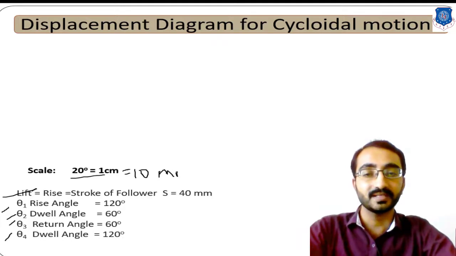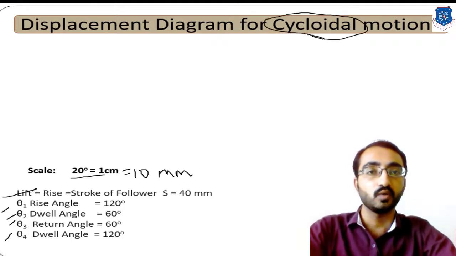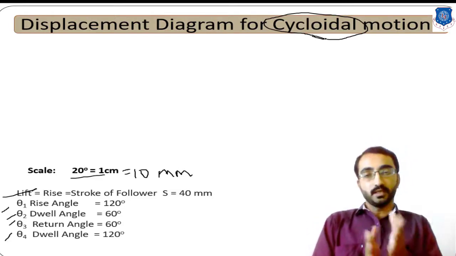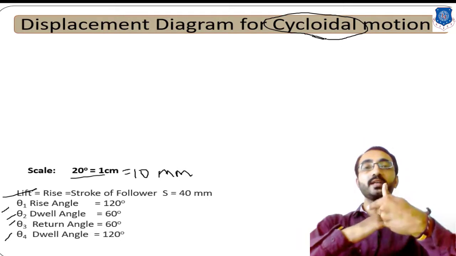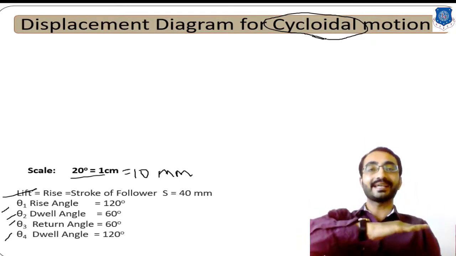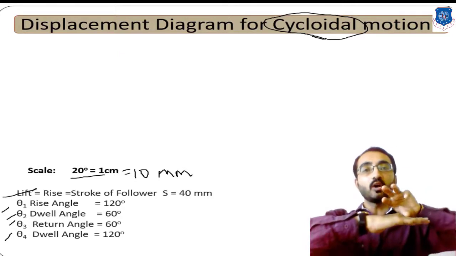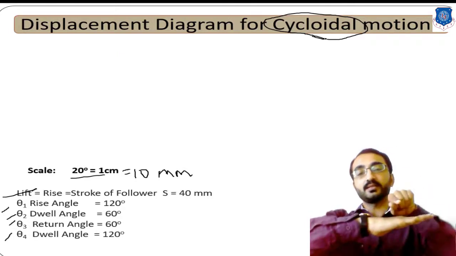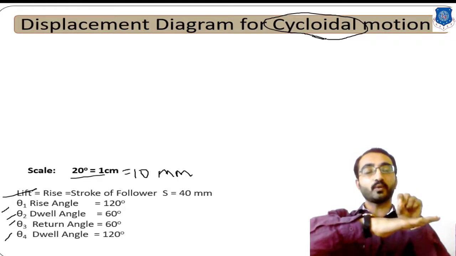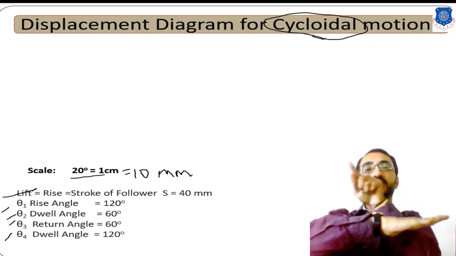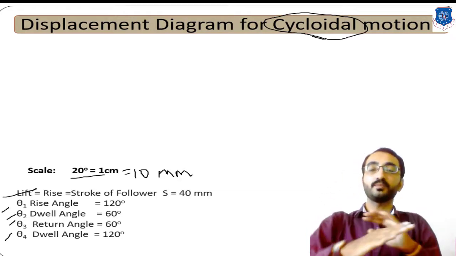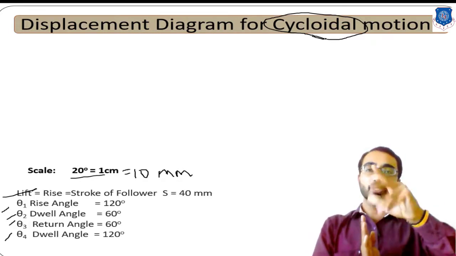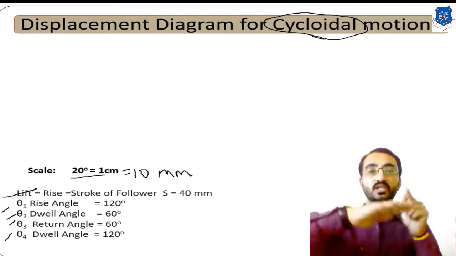Now let's first identify what cycloidal motion is. From your first year subject, graphics, you are aware that cycloidal motion is that type of motion in which a simple circle is rolling on a straight line. If you consider a straight line like this, and your circle is rolling on this straight line, then by tracing the first contact point, you will get the curve or locus which is known as a cycloid. So simple rolling, or rotation, of one circular object on a straight line will give you the cycloidal motion.